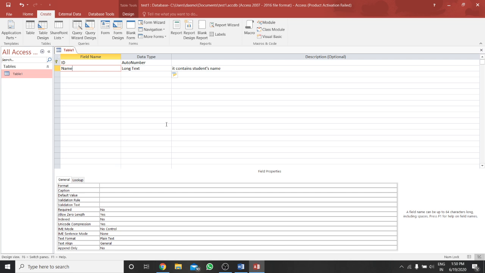Now what is a form? The form presents the data in a table or a query in the manner we want it to be displayed. How we want to create the form, what should be displayed, all this we design from the form. We can see here the query group, the form, and the report. Basically the report is the printed result of data.